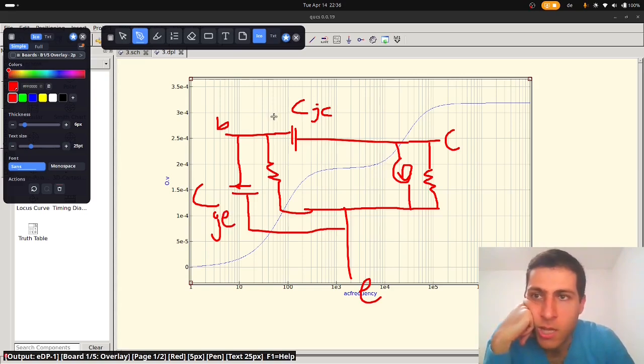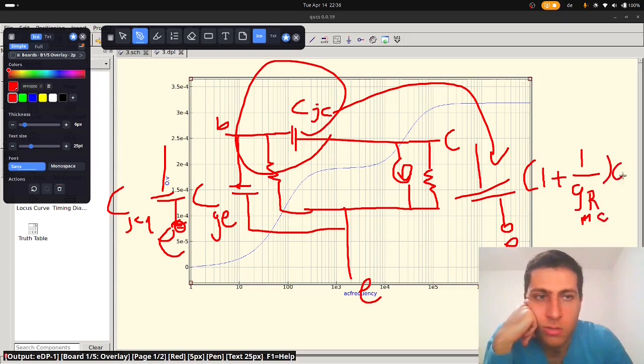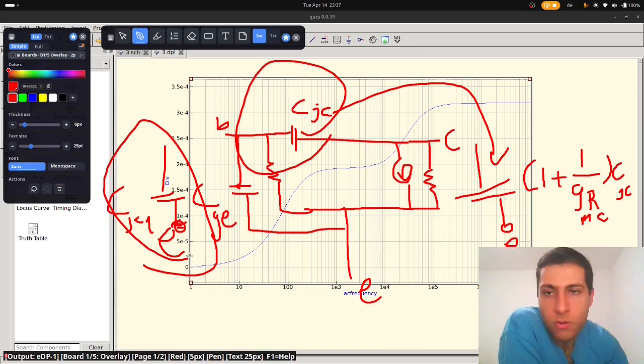So when we change this, this becomes a CJC, which comes over here, and to the E, CJC1, and this just turns into 2 capacitors with the Miller effect, and this probably becomes like 1 plus GM RD or GM RC times CJC. So we have basically a zero and a pole,